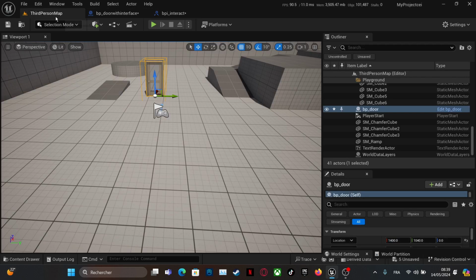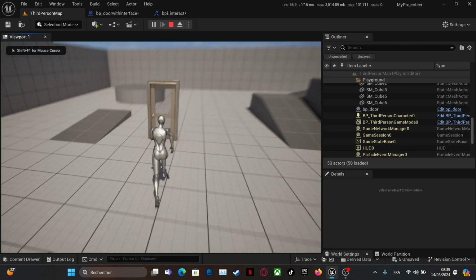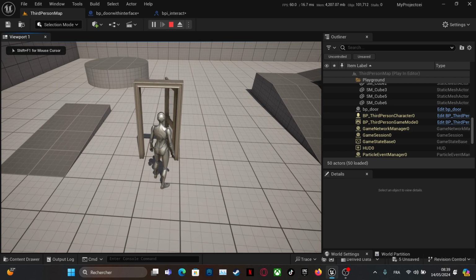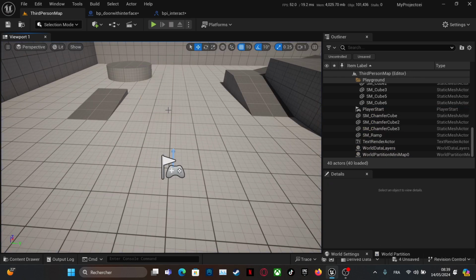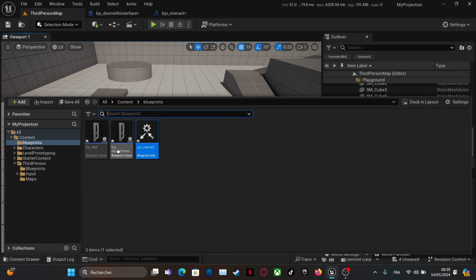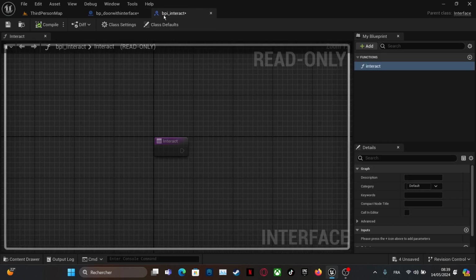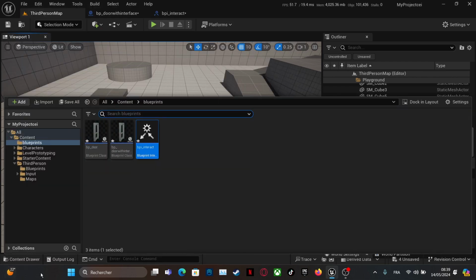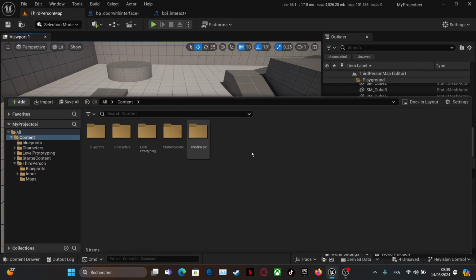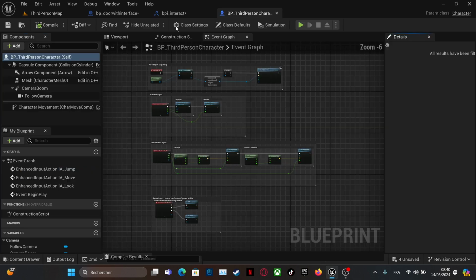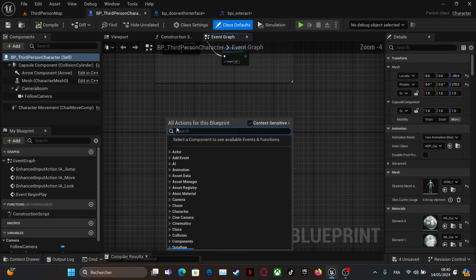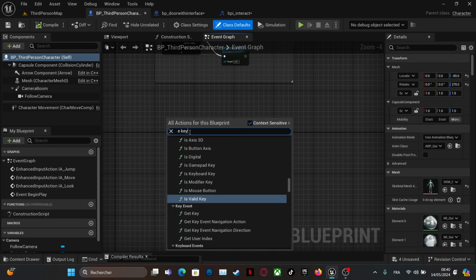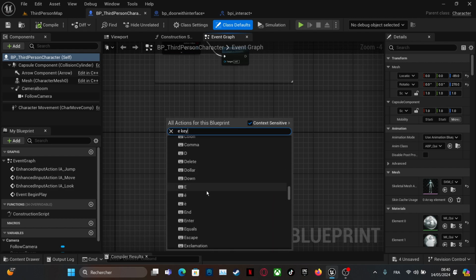So what we're gonna do here is, if our player comes here, he can interact with this door. So we just remove the casting one, go to the content drawer, and open our third person character to print. So what we need to do now is the E key. When we press our E key,